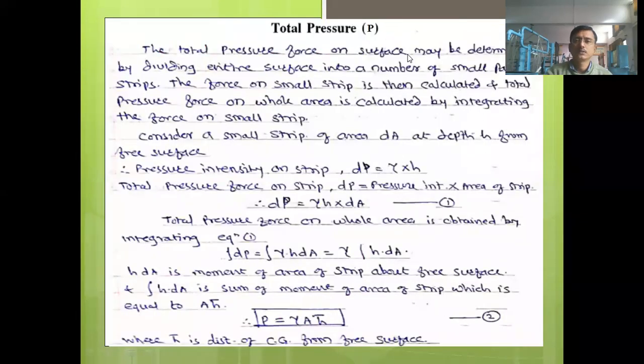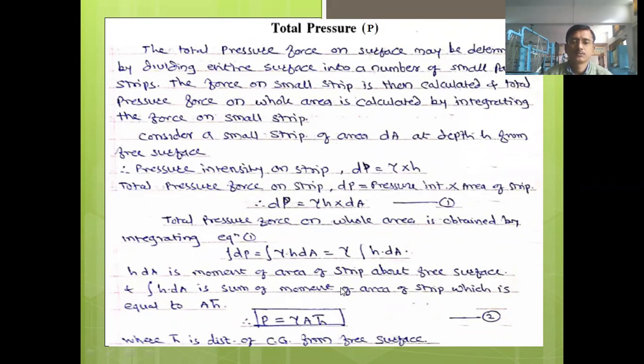You can write down this value directly. The formula P is equal to gamma A H bar. Total pressure is given by the equation P is equal to gamma A H bar, where